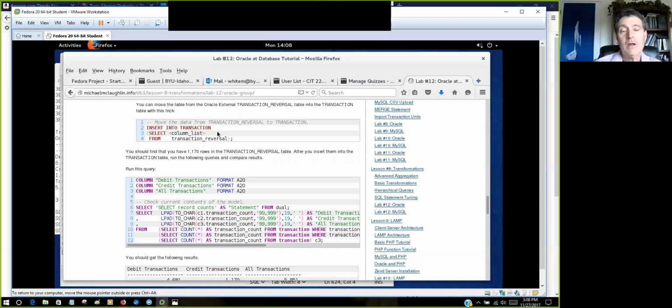Okay, so we select transaction s1.nextval, and that will then generate the transaction ID as the row is inserted right into the transaction table. Okay, so the first thing in our list is transaction s1.nextval,